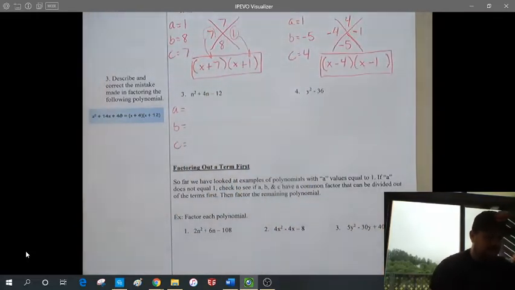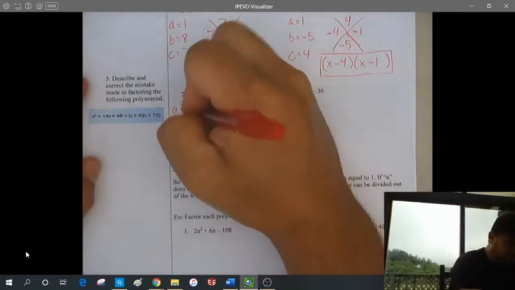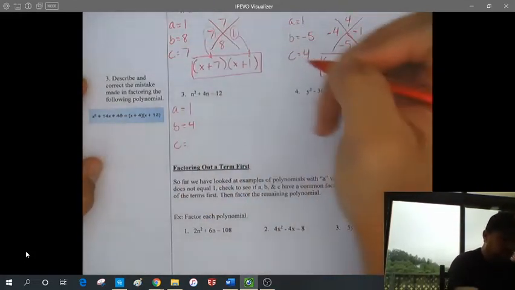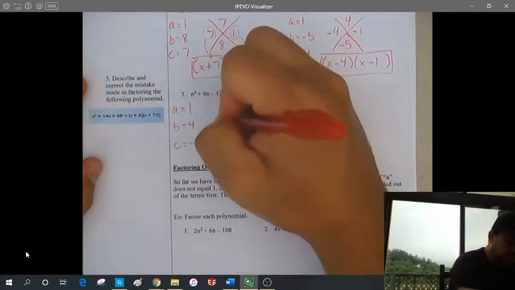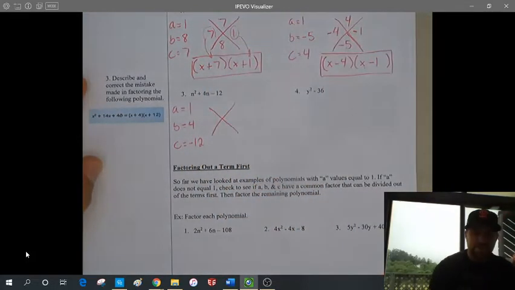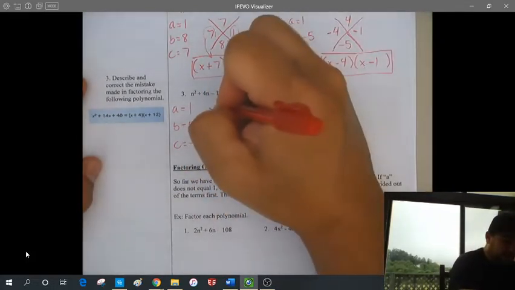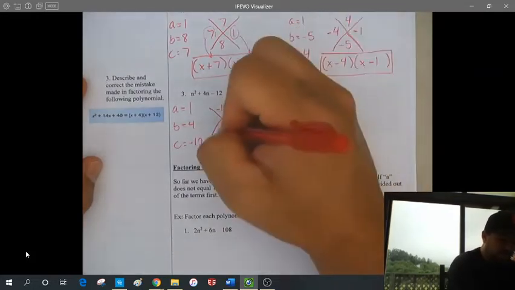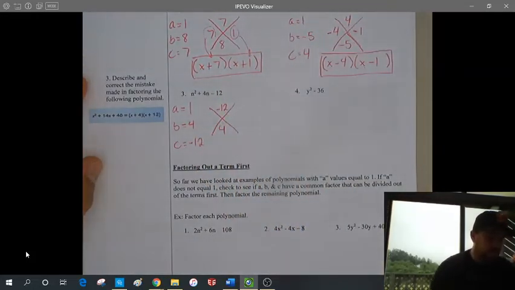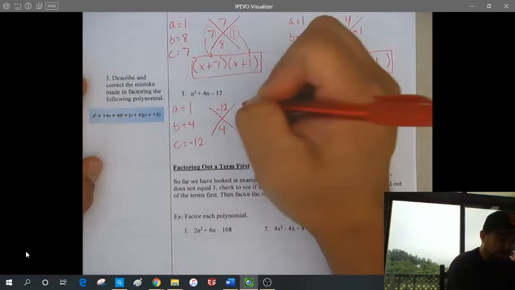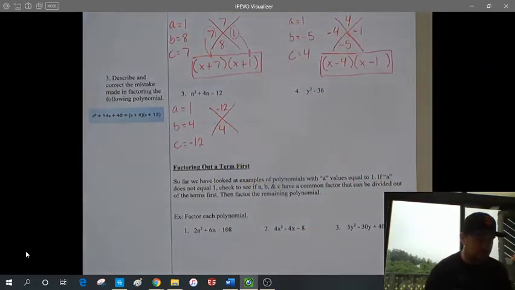Again, identify A, B, and C. A is 1, B is 4, C is negative 12. Make my diamond. A times C on the top, that's going to be negative 12. B on the bottom, that's going to be 4. And then I have to think what multiplies to make negative 12, and then adds